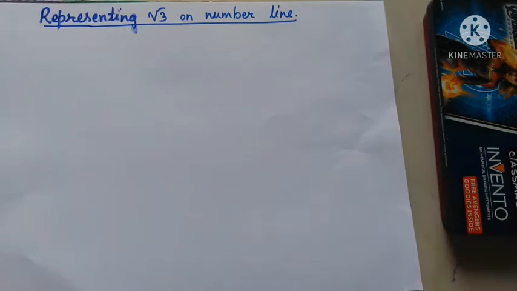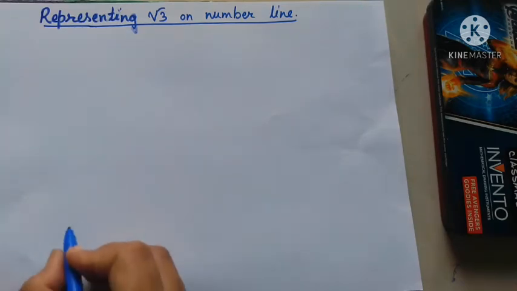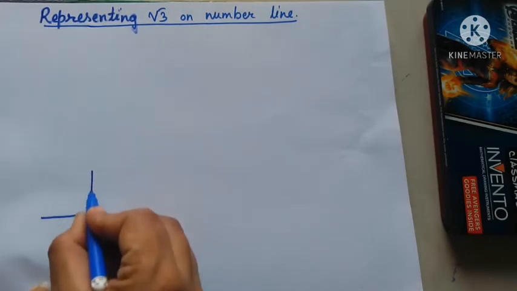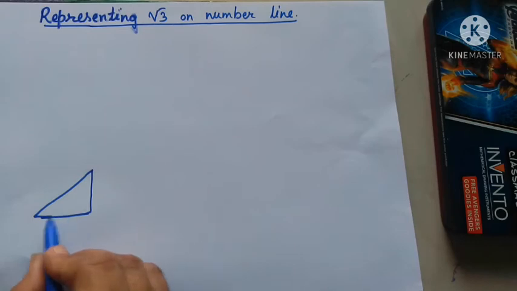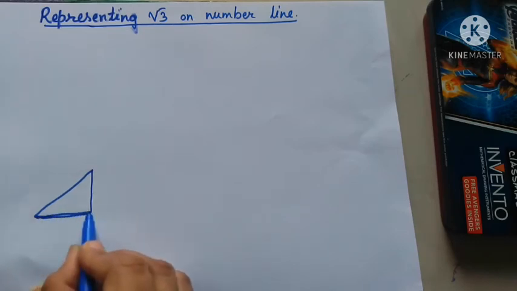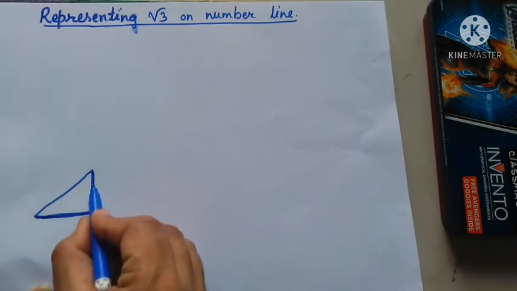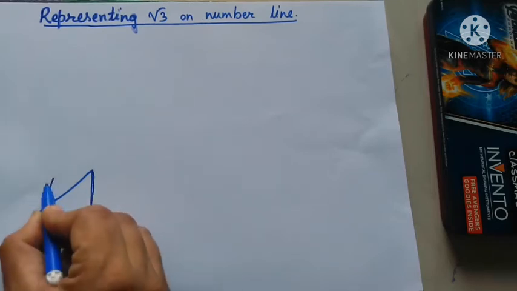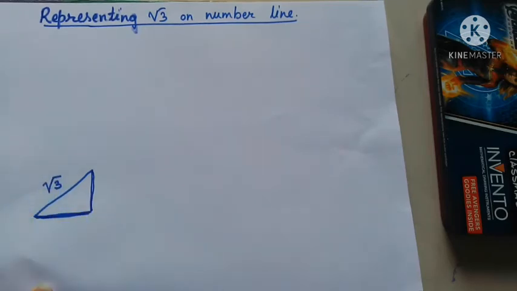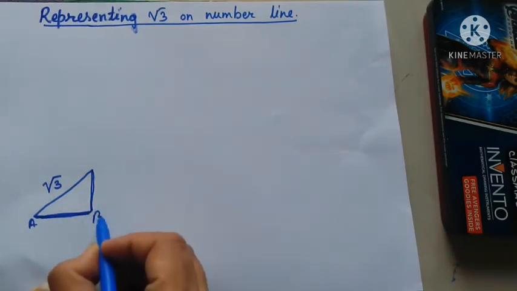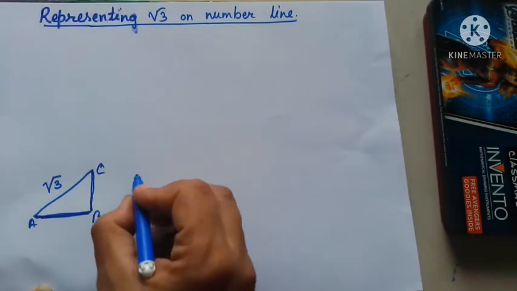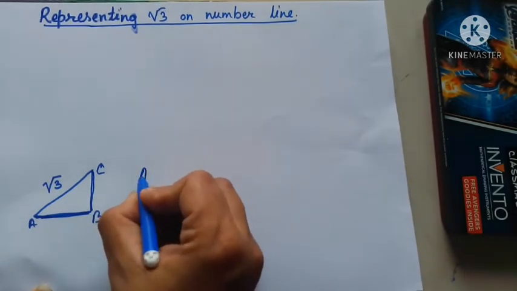Using the same method, we can even represent root 3 on the number line. We will again use the Pythagoras theorem. As discussed earlier, if I make a right angle triangle, then just think what should be these sides, so that you get root 3 as hypotenuse. Okay, so if I mark them as A, B, C,